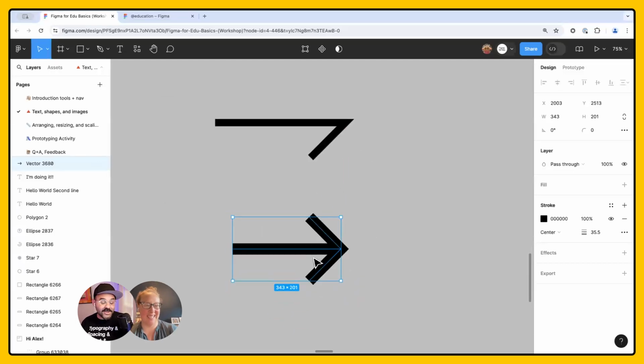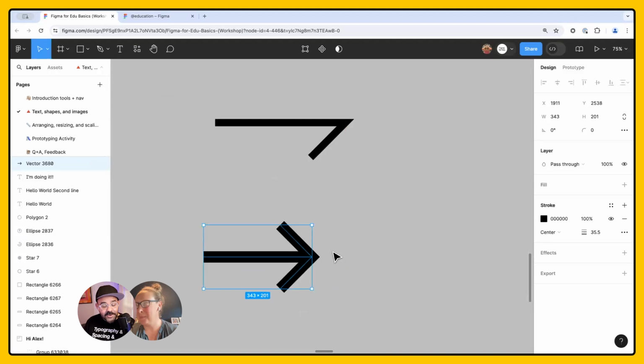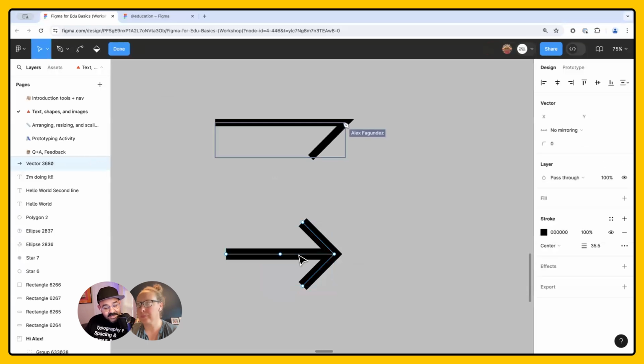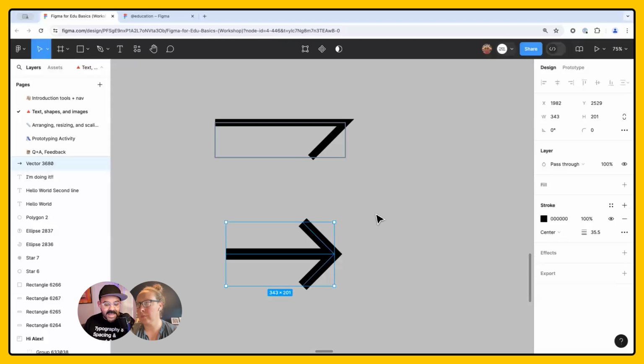Don't let me stop you. So that's actually a good point: when you create this object, notice I'm no longer in vector editing mode. I'm outside of it. To get back inside, I just need to double click and then I'm back in here. So let's say you're at this point and you want to generate another line. Press the P key. You can click on that point, hold the shift key, and then you can create that line. And then I'm going to press escape. And I can press escape again, and then I'm outside of that graphic entirely. Very cool.